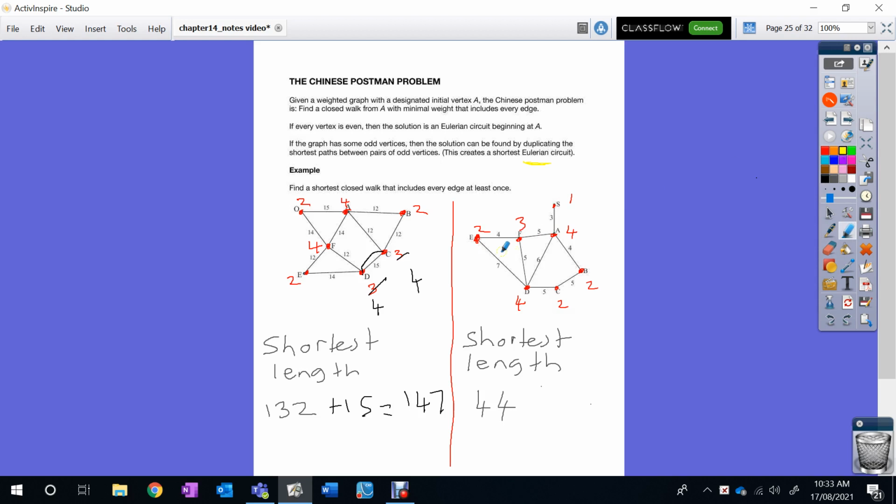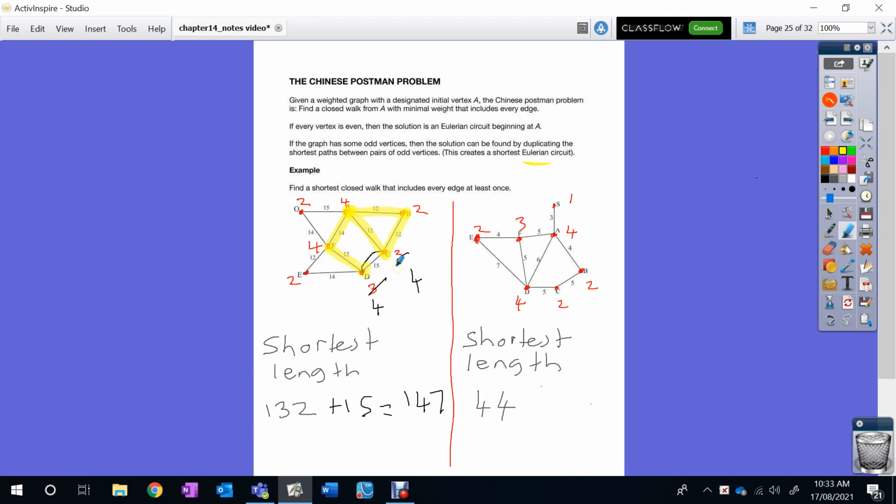Okay, we're going to start at A, and all you need to do is create yourself a Eulerian circuit that covers every edge, but you want to end up at A. And there might be multiple answers, but this is one answer. There's A, B, then you can go down to C, then you can go back to A, then you can go to F, then you can go to D,